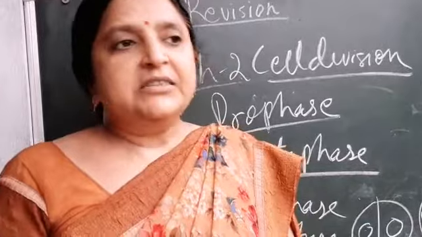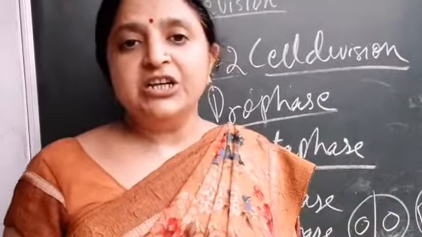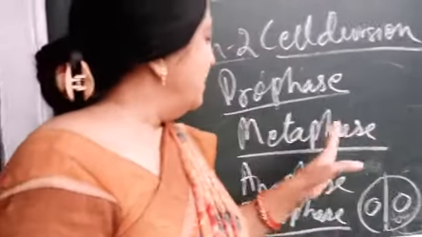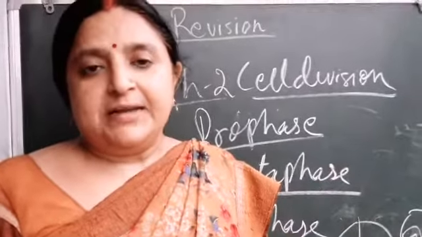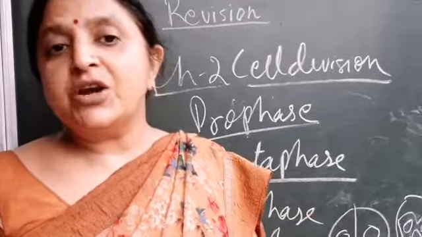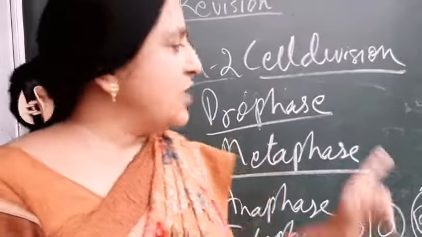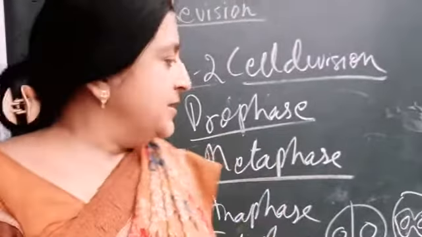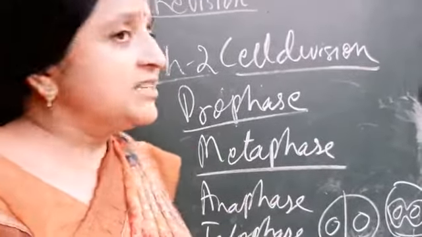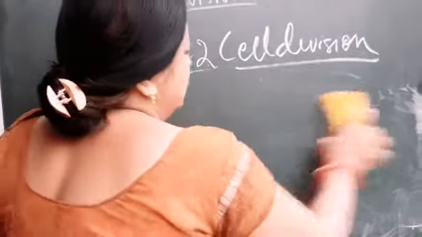Now this is all about the four phases, and these phases are very important, and surely one phase comes in the exam. A diagram-based question surely comes in the exam, and it has 5 marks, so you have to study these phases thoroughly. And after these phases, we are going to study crossing over.